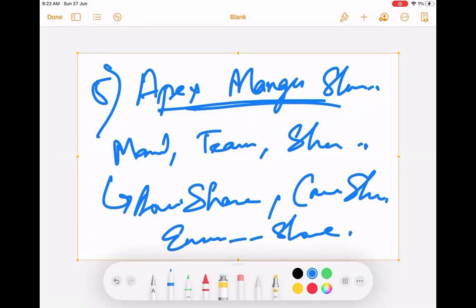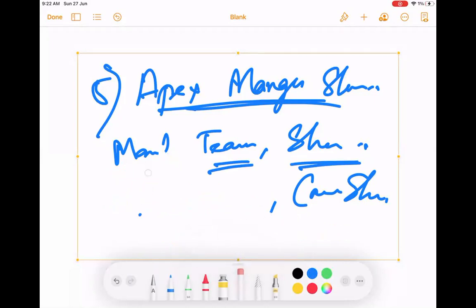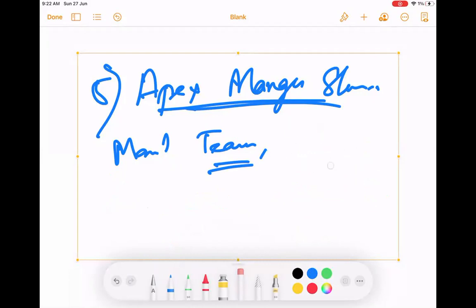So the share object is the basis of how Salesforce automatically manages manual sharing, team sharing, and sharing rules. What happens is that the share object is opened up for you, so you can add a new row in the share object, and you can also share the records. What does a share object have?